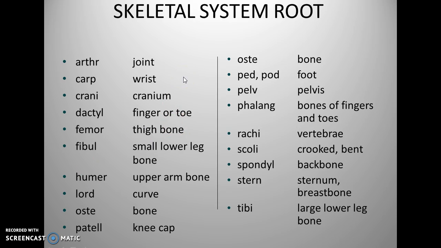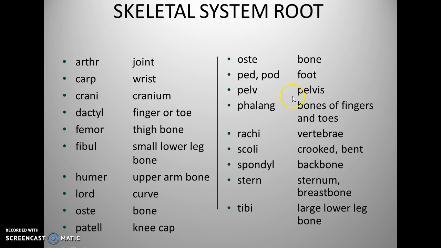What are some of the root words that you find associated with the skeletal system? Let's look at arth for joint, carp for wrist, crani for cranium, dactyl for fingers or toes, femur for thigh bone, fibula, small lower leg bone, humer, upper arm bone, lord, curve, ost, bone, patella, kneecap, osteo, bone, ped, pod, foot,